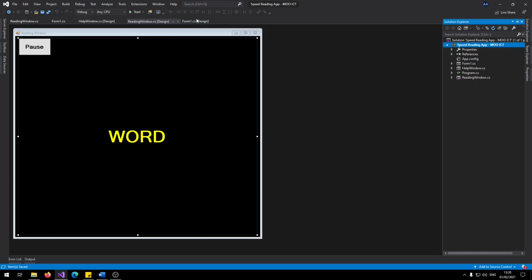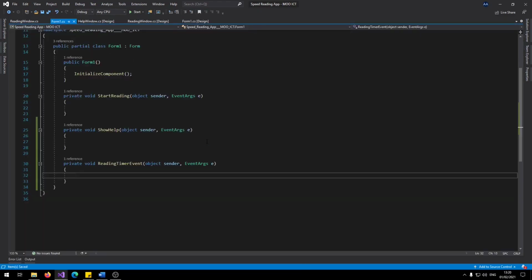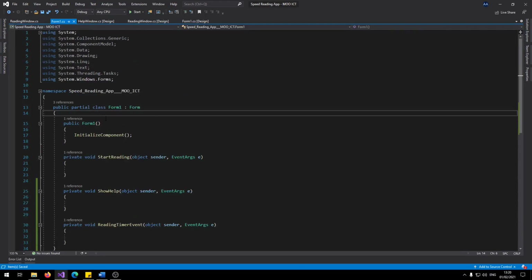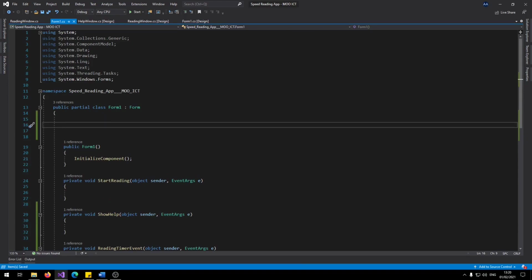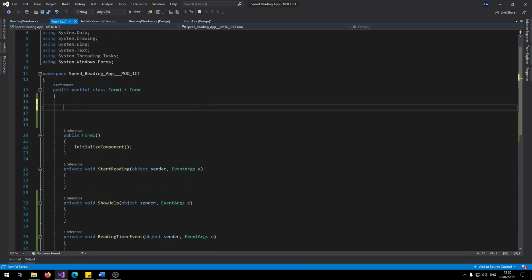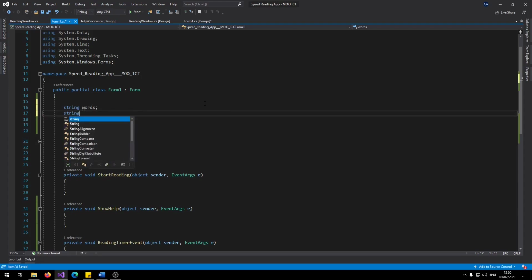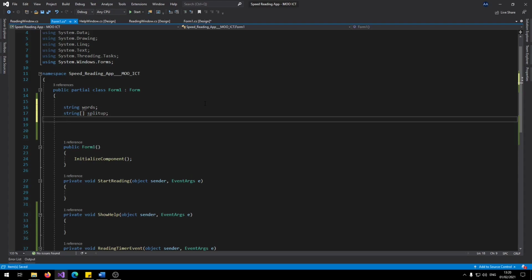Okay, so I think first let's start off with coding the main form, and then we can move on to the reading window. Let's go and make some space for the variables. These variables are going to be private because we don't need to access them from anywhere other than this script. So we don't need to declare public or private in front of it. We can just say string words like so. We're going to do a string array called split up. Okay, and then an integer total words,